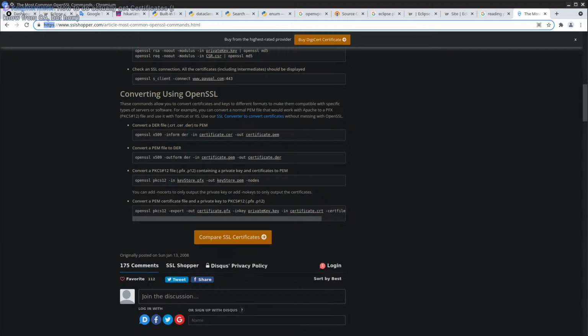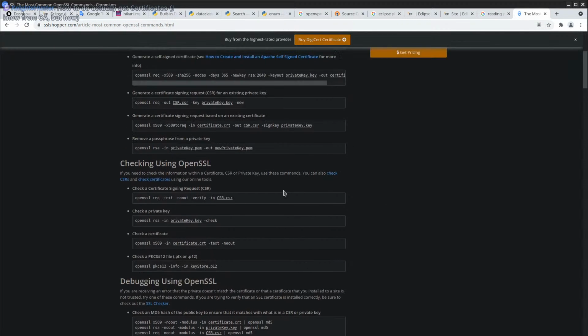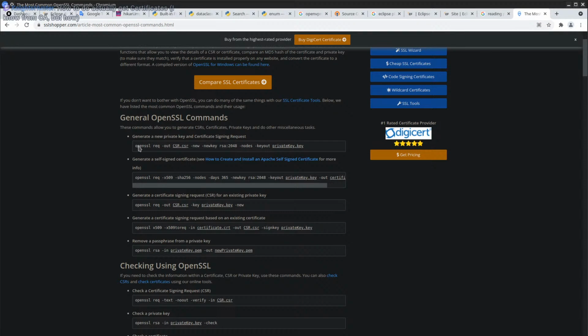How do I actually get certificates? I know from C, but how? Well, the easiest way is to generate the certificate yourself with OpenSSL, for example. So these commands would, well, create basically your certificate. So yeah, this would generate a private key, which is the most important part.